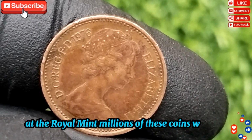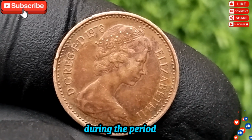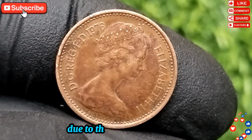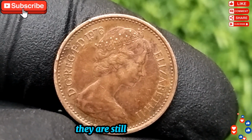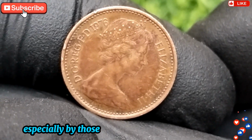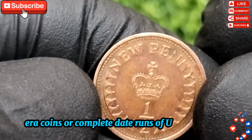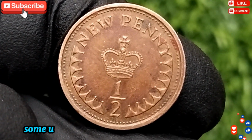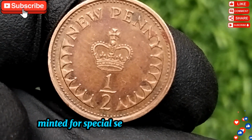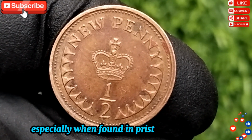Millions of these coins were produced, making them common in day-to-day usage during the period. While most 1976 pennies hold low numismatic value due to their high mintage, they are still collected for historical and educational purposes, especially by those interested in decimalization-era coins or complete date runs of UK decimal issues. Some uncirculated specimens or proof versions minted for special sets can fetch modest premiums, especially when found in pristine condition